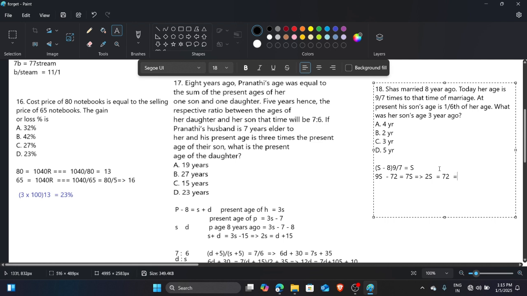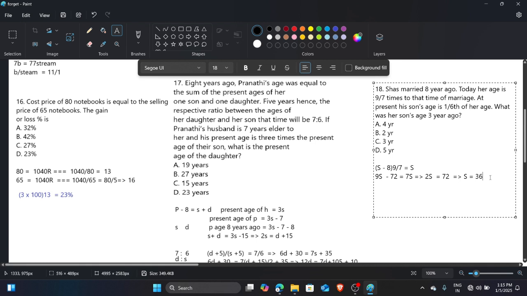So the value of s is nothing but 72 divided by 2, so 36. The present age of Sas is 36 from the equation we get. Look, 8 years ago, so we subtract 8, and 9 by 7 is her present age. Now at present the son is 1 by 6th of her age, so 1 by 6